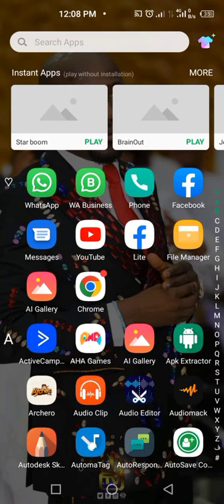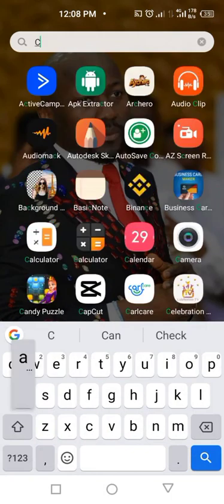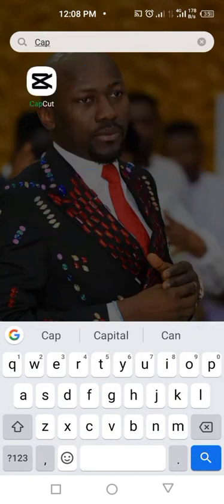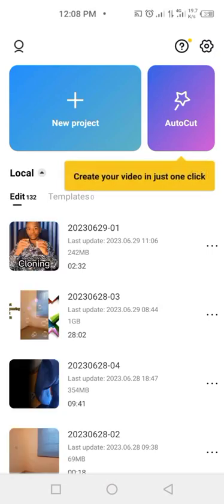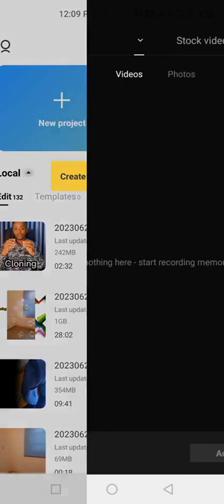You are going to see the link to the video, where you are going to know how we started this particular video. So what we are going to be using now is the app called CapCut. In the previous video we used VideoLeap, but here we are going to use CapCut. Make sure you watch the first video so that you can understand what you are doing here. All right, so I want to import the video that we have created already from the first video,